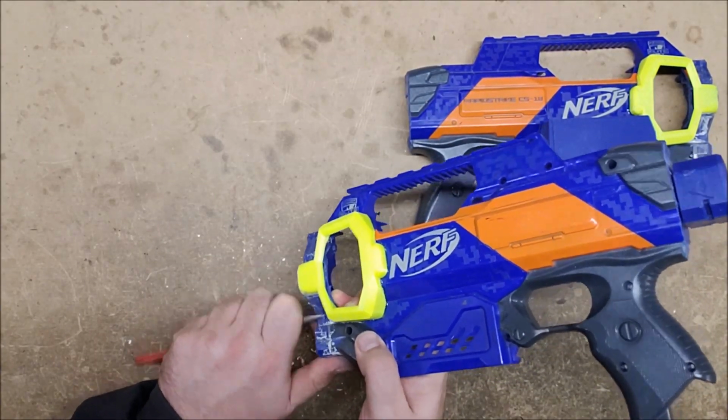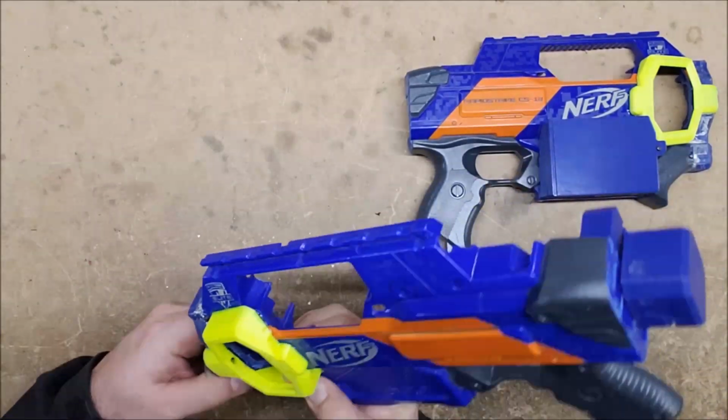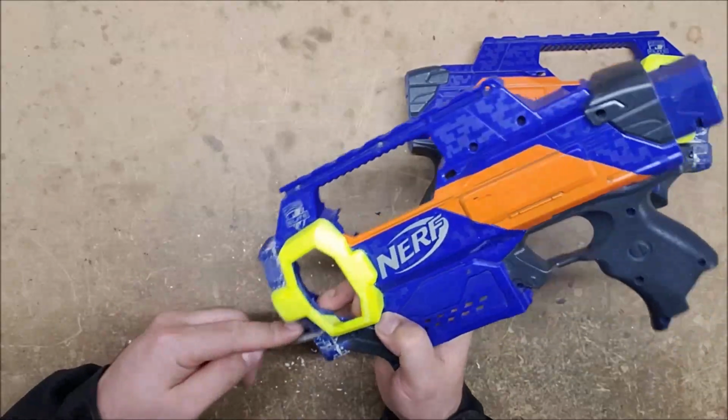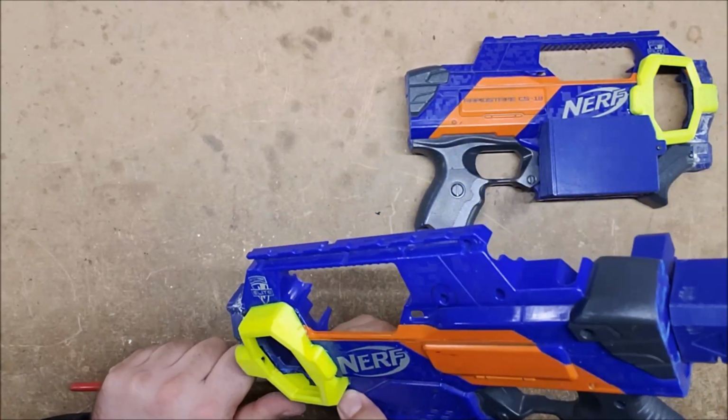A very key element here is patience. If you try to take off too much too fast, you're going to end up taking off too much. That's why I'm not using any kind of power tool for this. I'm not using a sander or a Dremel or anything like that. I'm doing it by hand